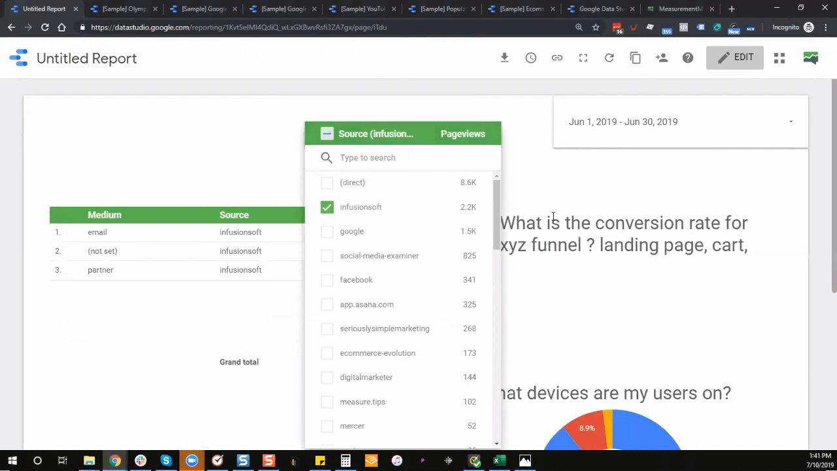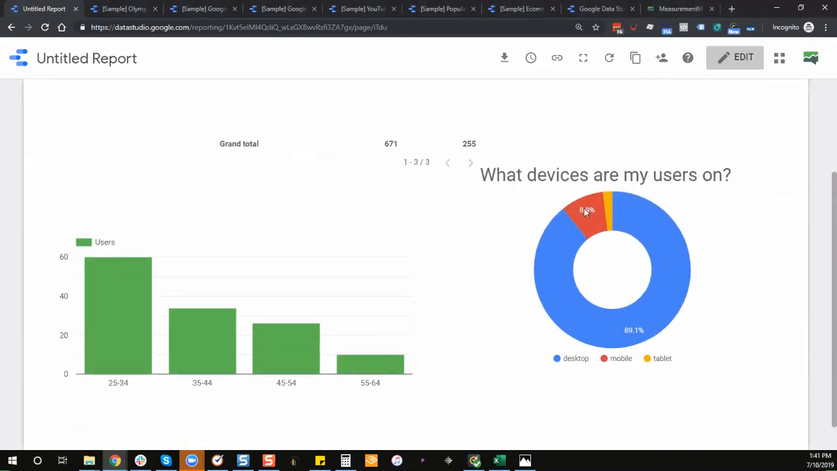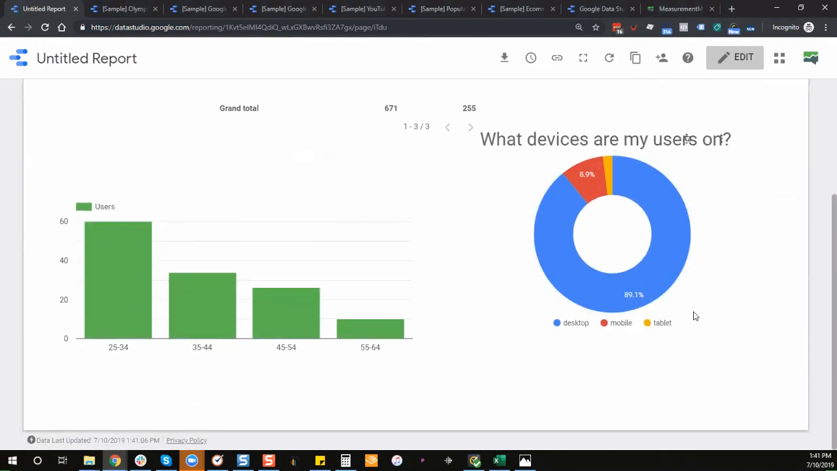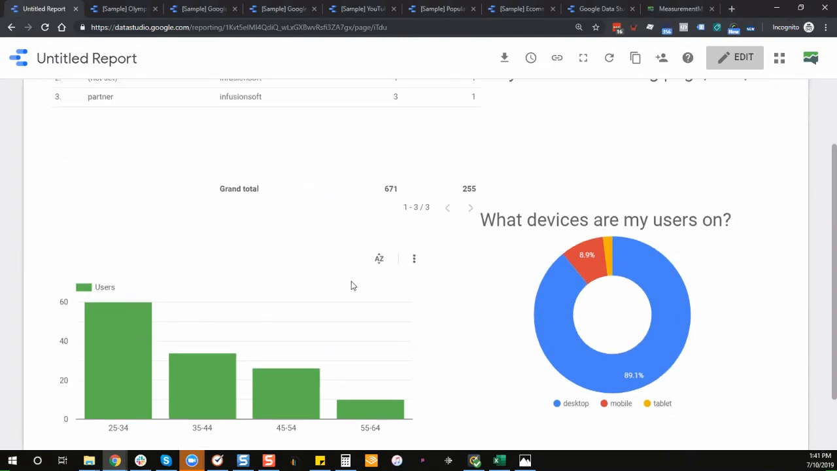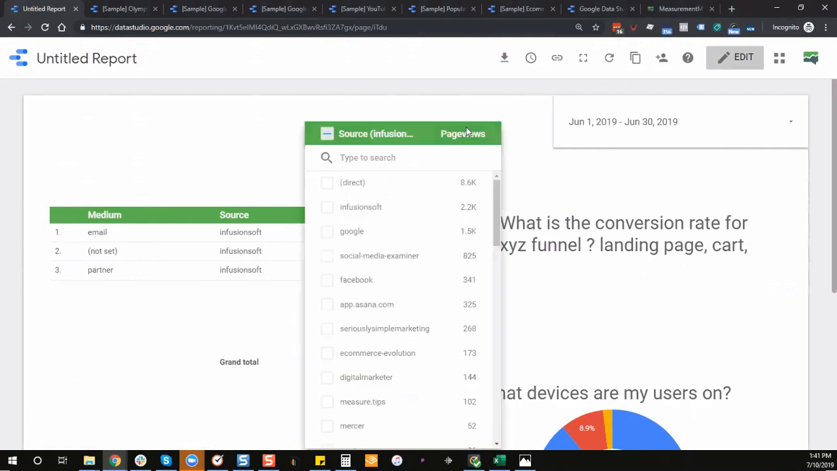And so really quickly, do I have to see it with that whole? Oh, okay. So I click off of it. Now I'm seeing just Infusionsoft traffic, and if I scroll down, are all of these reports now showing just Infusionsoft? Absolutely. Okay, great. So now I can see my age of Infusionsoft users. I can see my devices in Infusionsoft, and if we flip it to another traffic source,